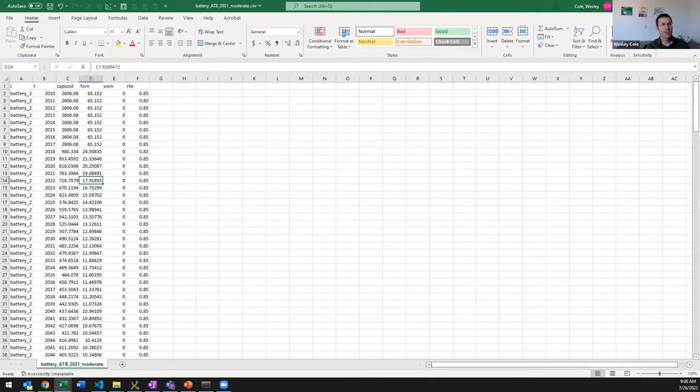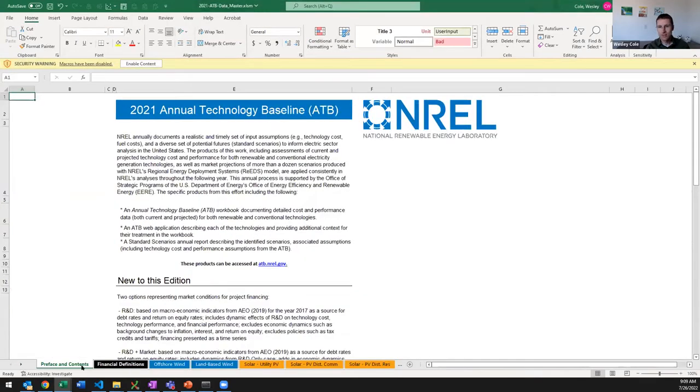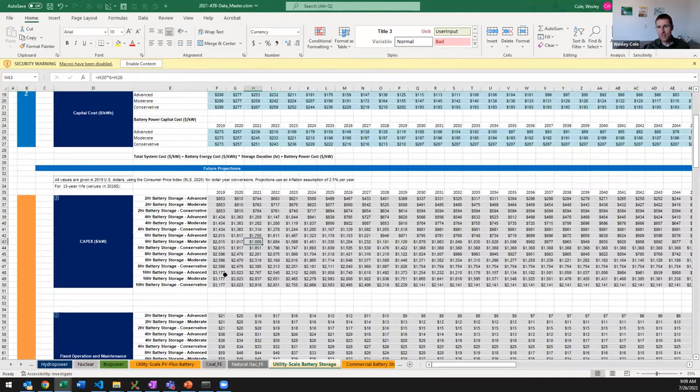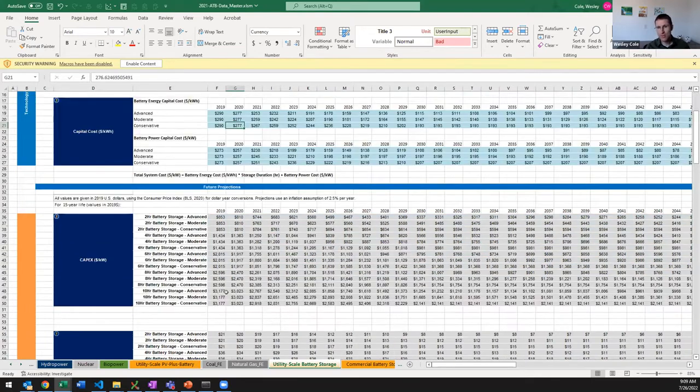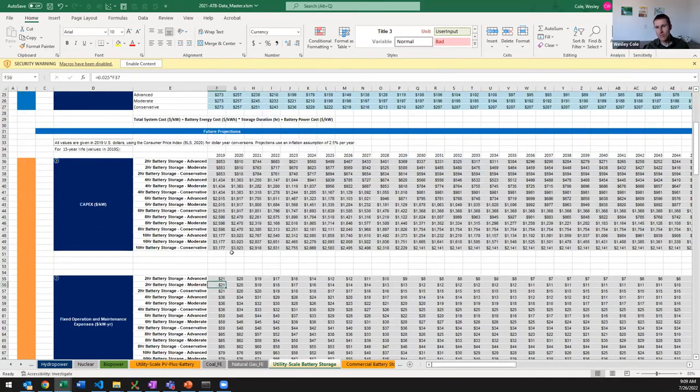For example, these costs are all contained in the technology baseline. I pulled that here. So here's the 2021 ATB spreadsheet. Let's go to the battery cost tab, and let's say you wanted to change something. You could just change something in here and port it over. But for example, the FOM we assume is 2.5% of whatever the capital cost is. So that's how we get the fixed operation and maintenance cost. Let's say that you think, oh, my new battery technology, the one I'm going to model, we think it's actually going to be 1%. So I'm going to go in here, and I'm going to change these values to 1%